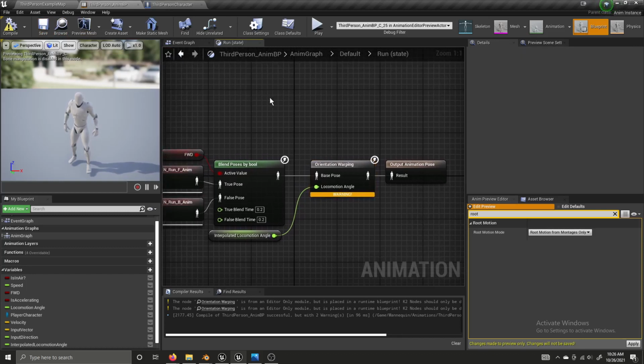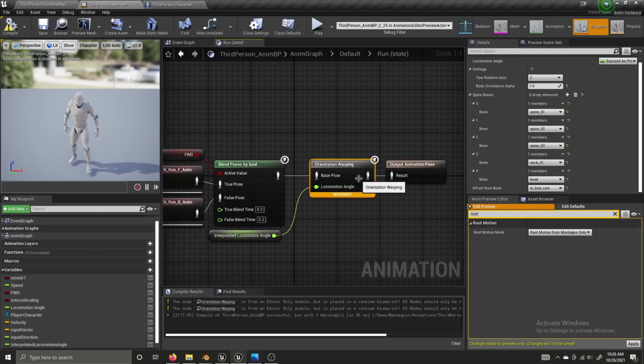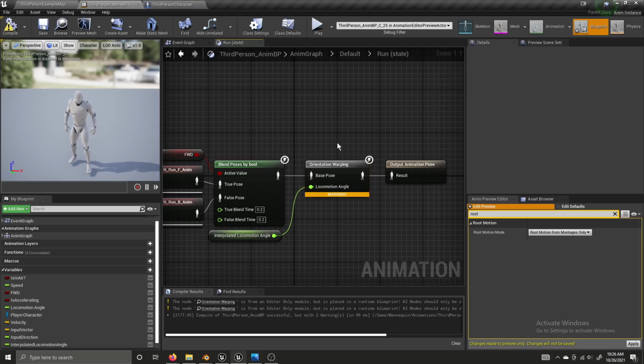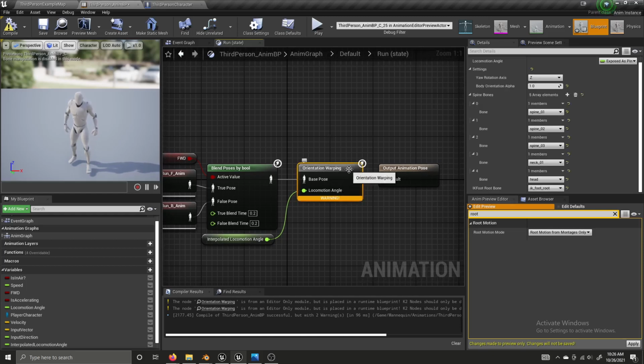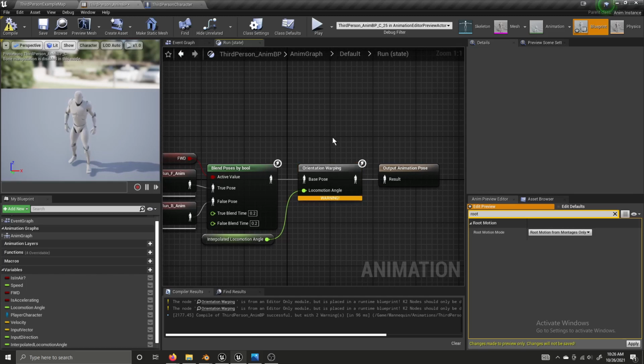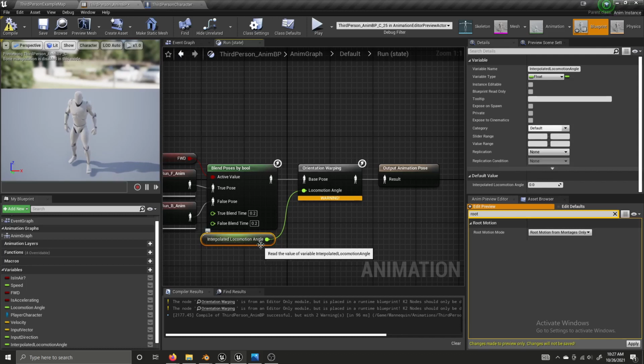But the great thing about this setup is that you don't necessarily need this orientation warping node. You could use an orientation warping node from Unreal Engine 5 if you want to do it inside of Unreal Engine 5. There's a built-in anim warping plugin that has the same functionality and probably better than this. There is a paid plugin on the Unreal Engine Marketplace called Strider. It's fantastic. It has orientation warping, and if you use it, you don't even have to use this interpolated locomotion